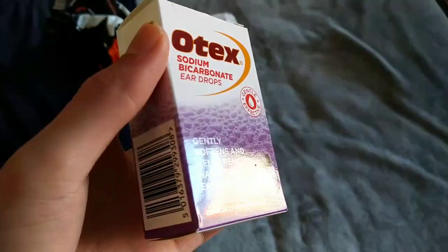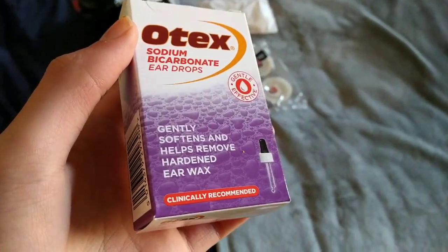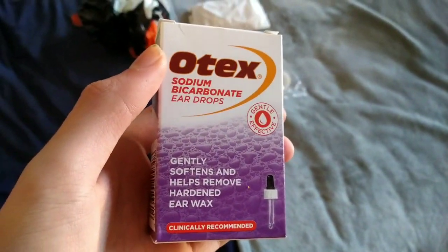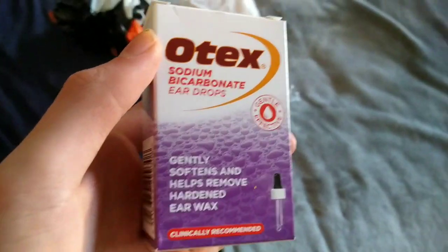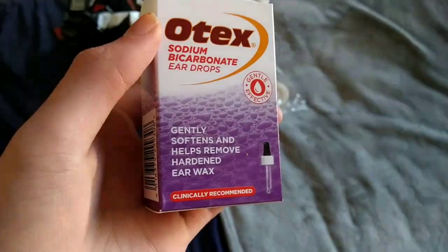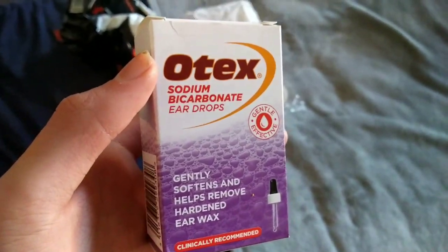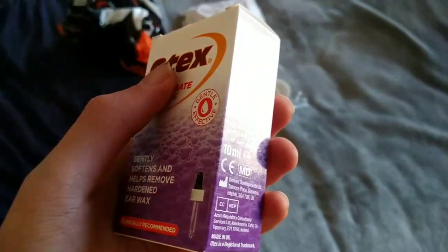But I mentioned in my live stream that I had a blocked left ear, and it did unblock for like a day and then it went back to being blocked again, but I can still hear out of it fine. But I've just been to the chemist to get some of this,